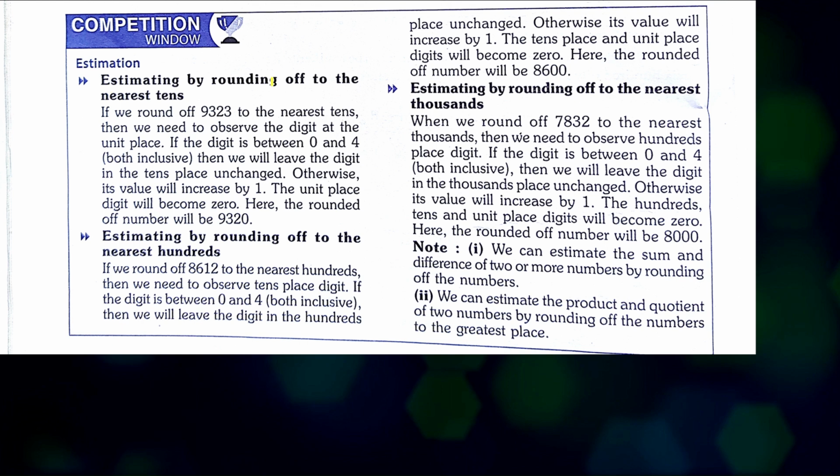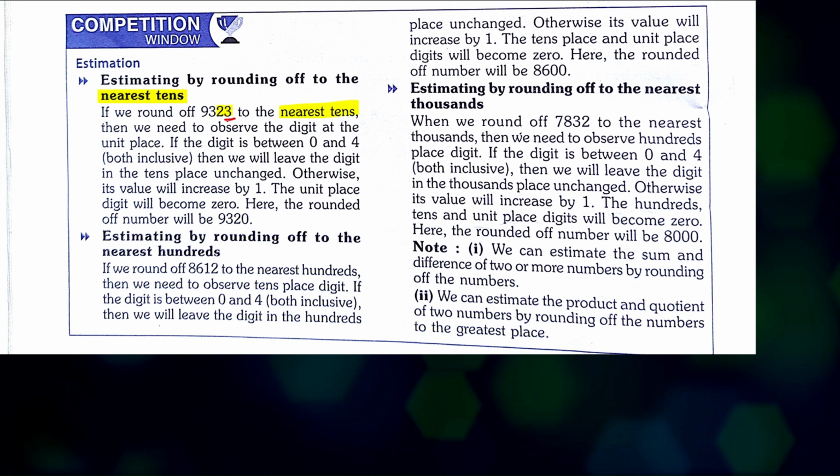Estimation by rounding off to the nearest tens. Okay, how do we do it? If we round off 9323 to the nearest tens, we need to observe the digit at the units place. Okay, nearest tens. So this is ones, this is tens. So if you have to round off to the nearest tens, you have to observe